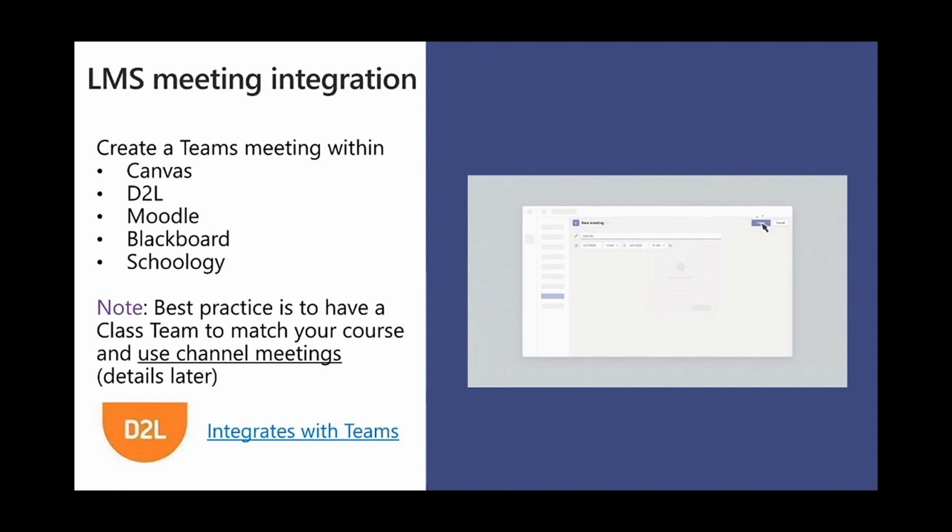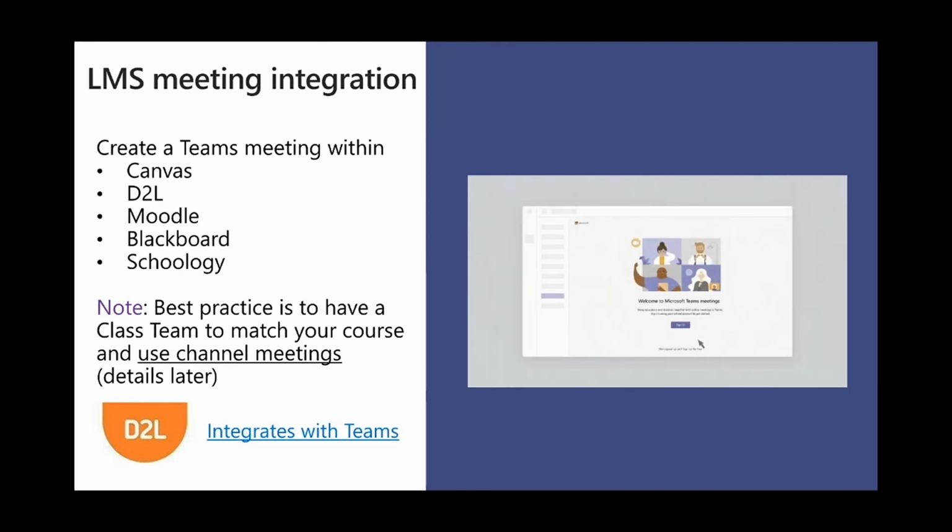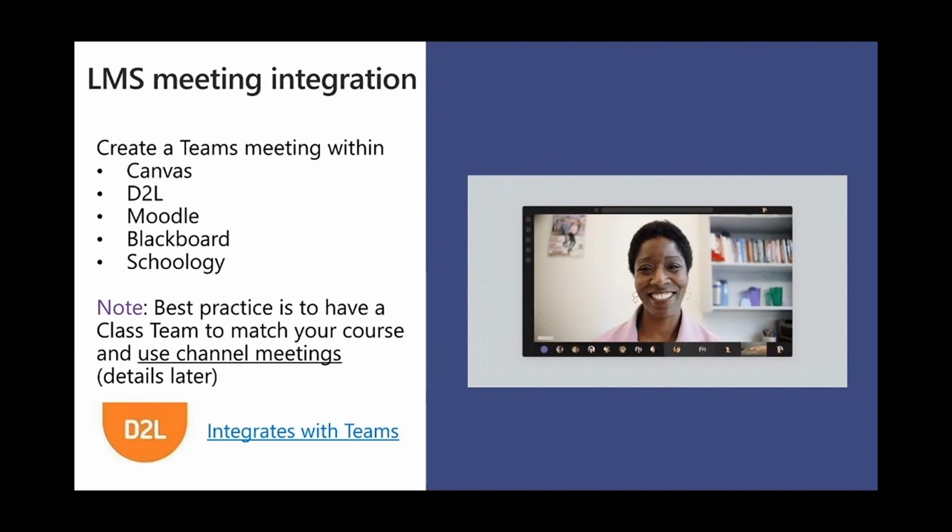The next level is how we make those meetings even more robust and impactful. Just as if we were meeting in person and needed to access a file that was shared, or reference the notes from the whiteboard or the meeting notes, how do we do that in a centralized location?